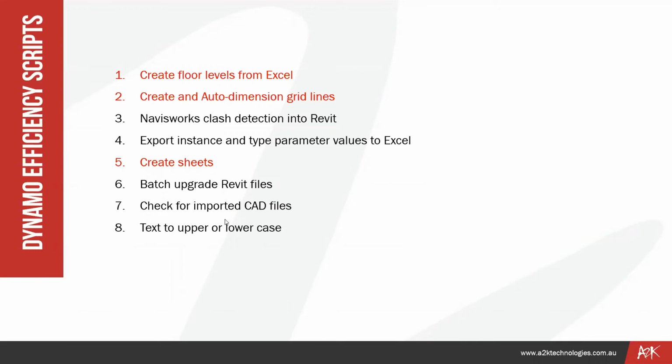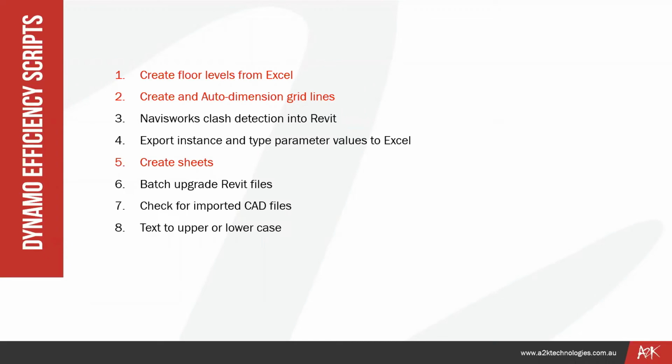The names aren't going to match what I've got here. So I've got create levels, which is obviously creating our floor levels from Excel. We have our create and auto dimension grid lines, which is my grid configuration. .dynamoscript.dyn is the extension. Our Navisworks clash detection into Revit, which is one of my favorites, is our new clash detection underscore A2K. Our export instance and type parameters to Excel. That is our